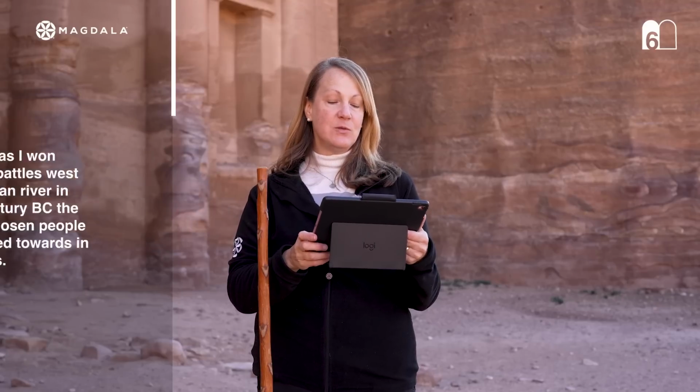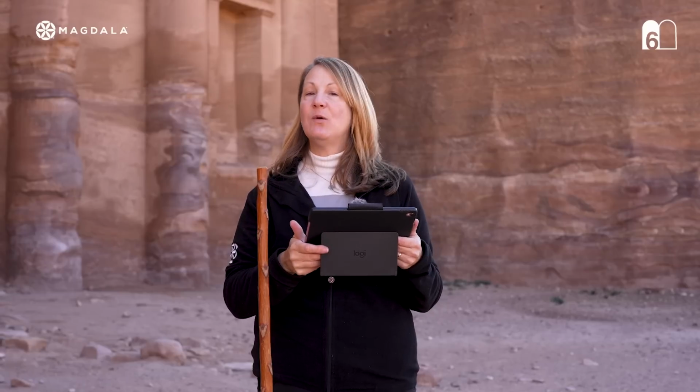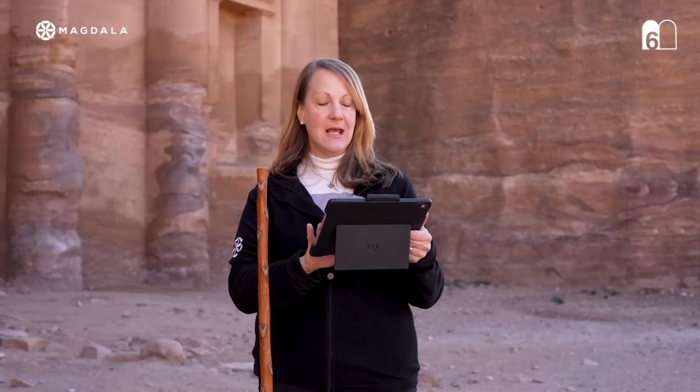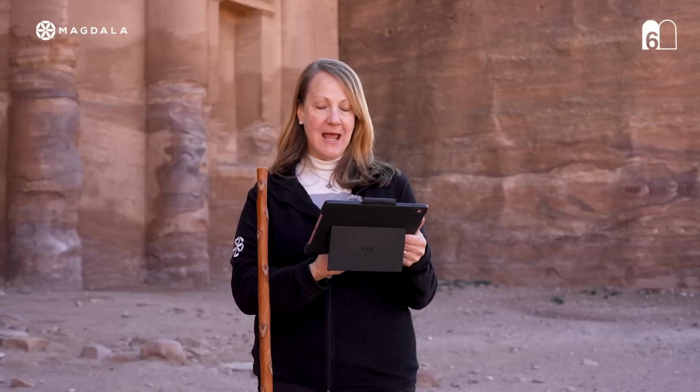Well, the first was fought in 93 BC, when the Hasmoneans controlled several territories, including Gaza. Now, for Petra, that was an extremely important port. And so the Nabateans wanted to maintain their control over it. So that seaport, if it was taken away by the Hasmoneans, that was a problem. And so King Obodas, he actually